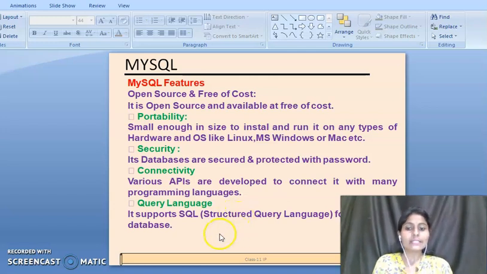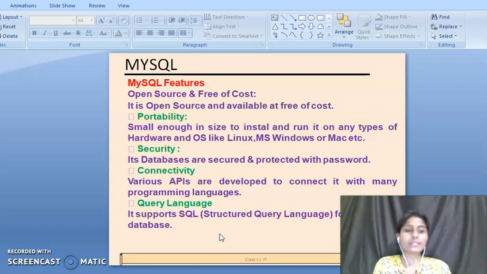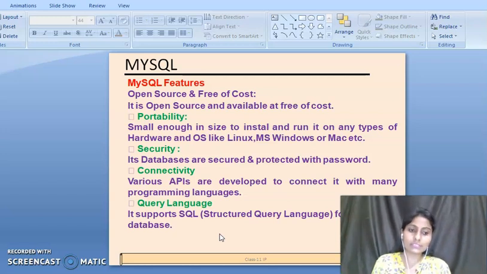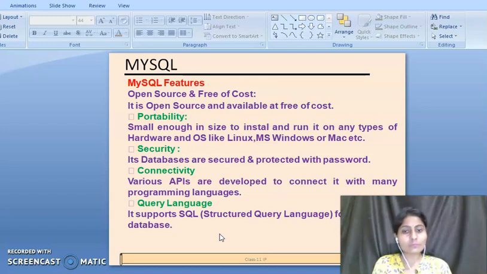Query language: it supports structured query language for handling databases, because by using SQL we can handle the database. So MySQL supports the query language also. This is a very important feature of MySQL, because it supports the query language, so it is very easy to interact with the databases.